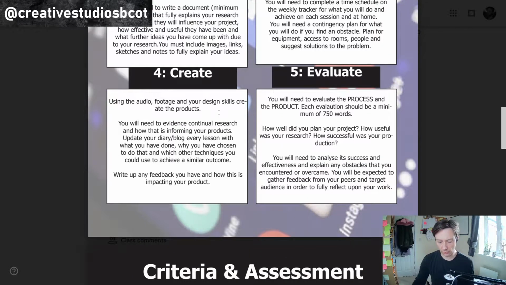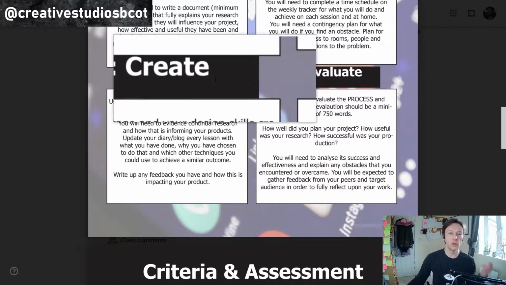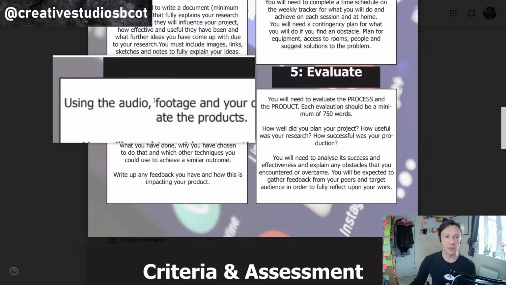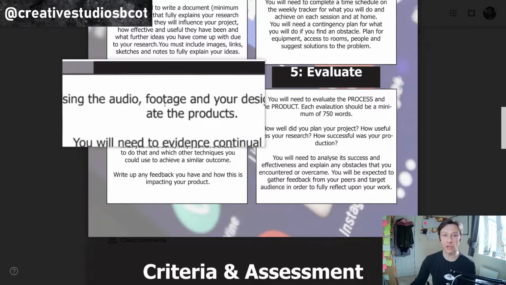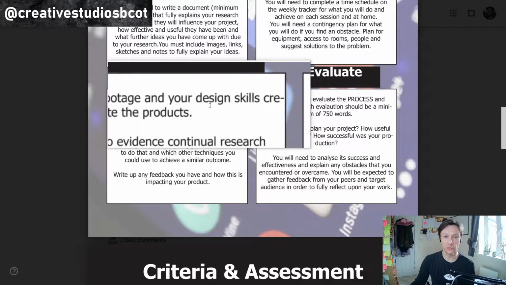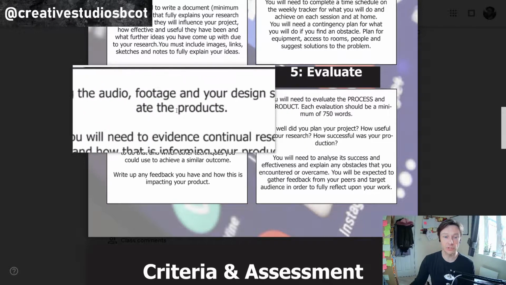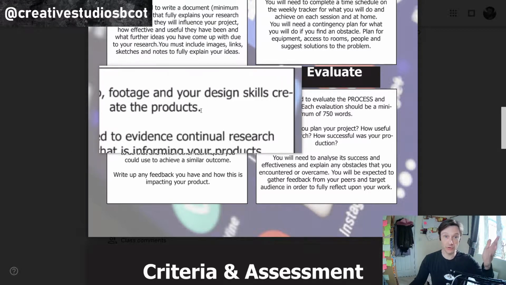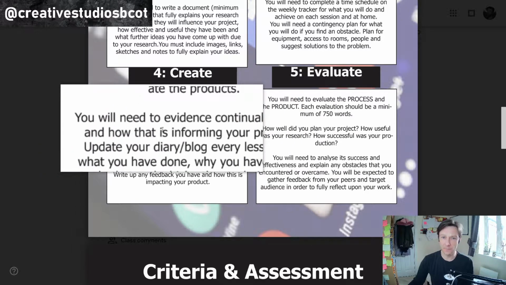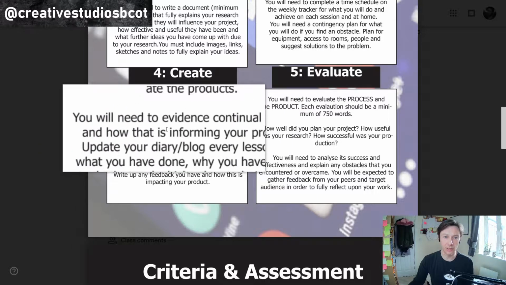We are focusing on creating. Point 4. So you're going to be using the audio or video and your design skills to create the product or products for your final extended major project. This is the production. You will need, and this is important, to evidence